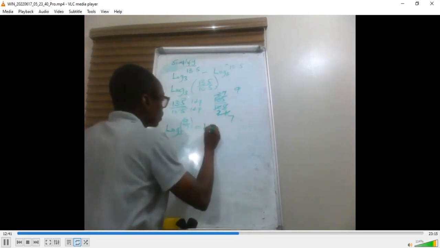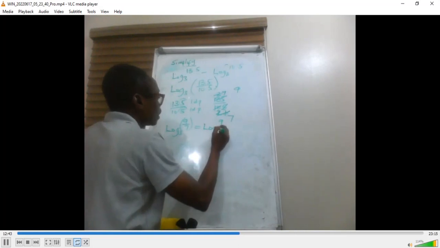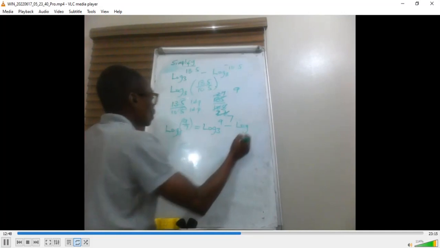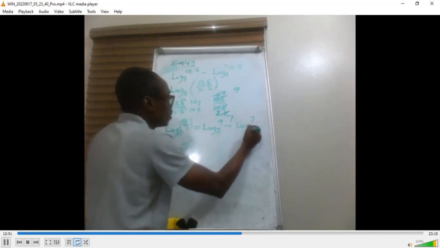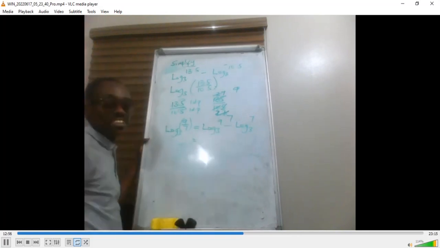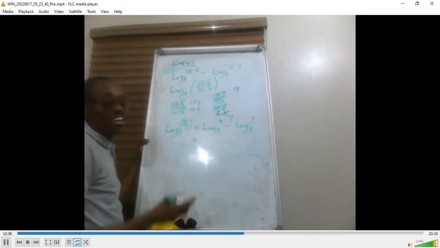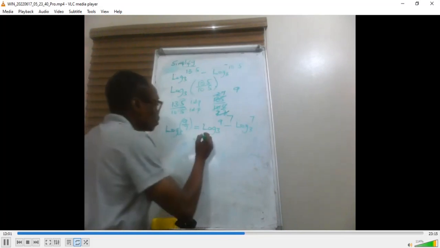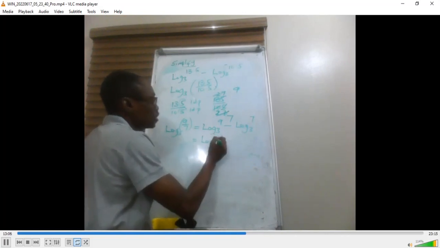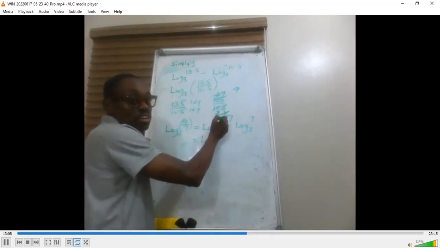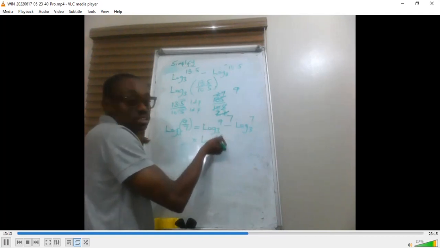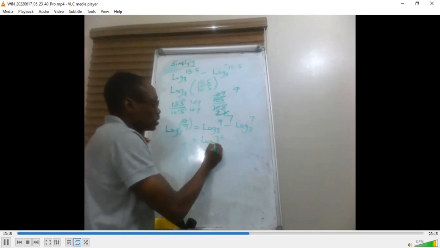So 9 is 3 raised to power 2. 3 raised to power 2 and 9 are the same thing. So we're replacing 9 with 3 raised to power 2. 3 times 3 gives you 9, so we have log 3 raised to power 2 to base 3 minus